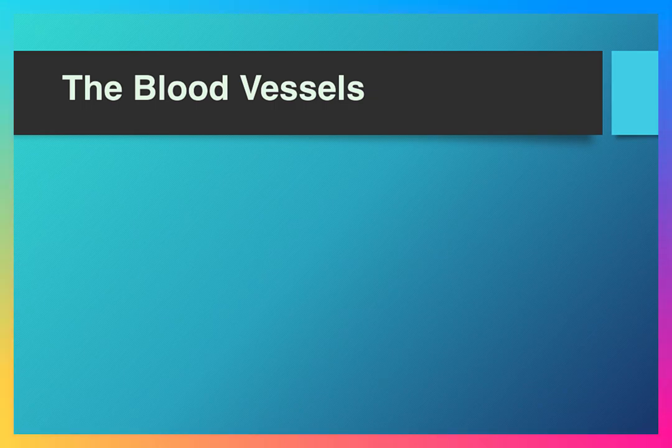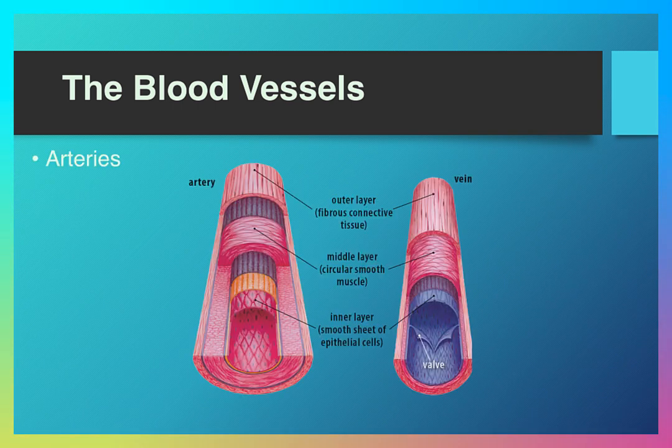We're going to finish up part 3 by talking briefly about blood vessels and then giving a little bit of discussion around the respiratory system and the lungs, which are associated with the cardiovascular system. So the blood vessels are made up of two types of blood vessels: the arteries, shown here, and the veins,